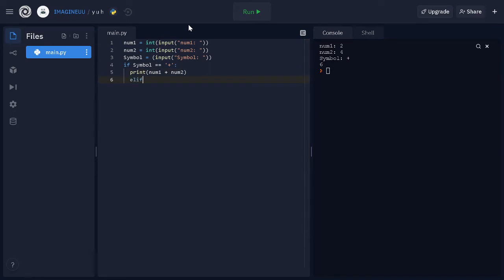Now we are going to be using the elif statement. Elif. Also I'm using Repl.it because I think it's one of the best code editors out there. So yeah, you can use it too. I'm going to be providing a link in the description. So yeah, elif symbol